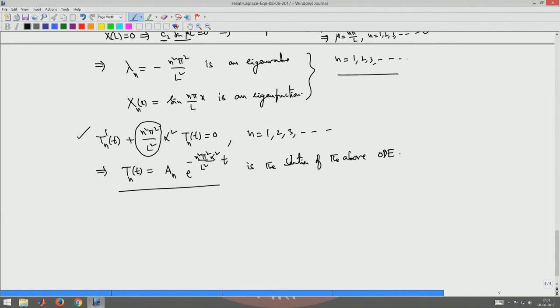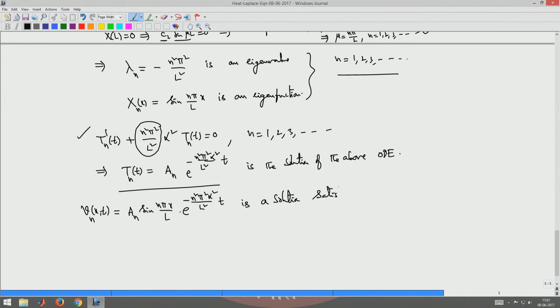So now what you have, for each n, is a V_n of x, t depending on n. I am calling this V_n as X_n of x, that is sin(n pi x by L), into this T_n of t, that is a_n times e to the power minus n square pi square alpha square by L square into t. So this is what you have. Now, I take this sum. So this is a solution